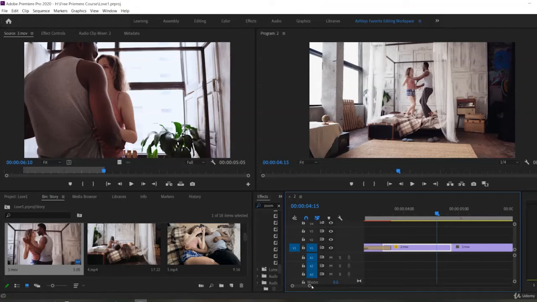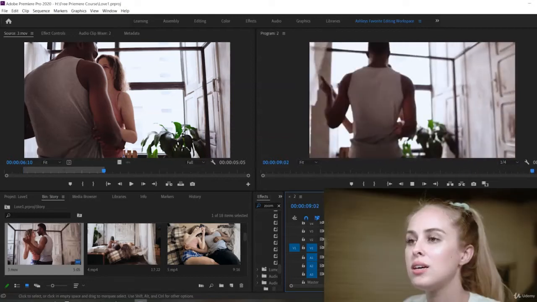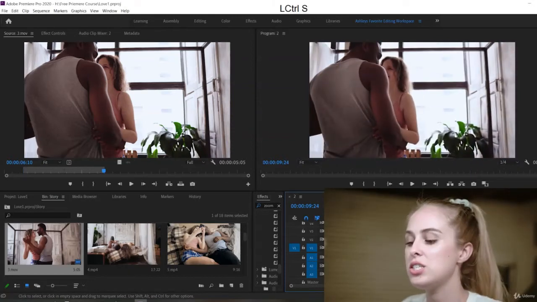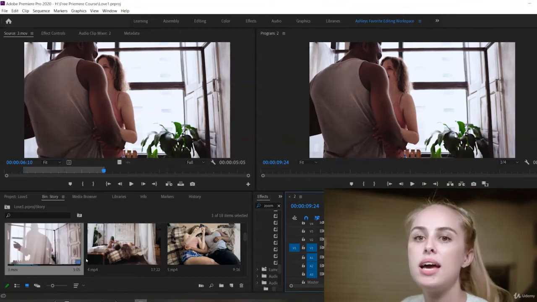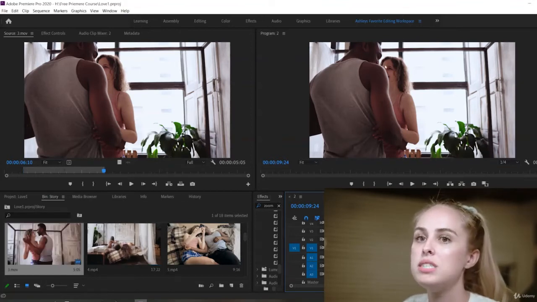So they are continuing dancing. So let's go ahead and play that. Oh, very cute. I love it. So let's save our work again, and then let's say that I wanted to go from them dancing to them